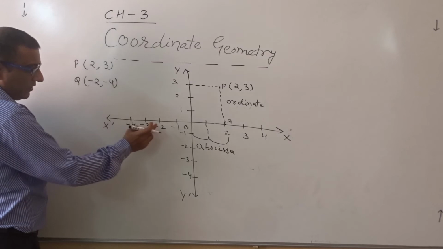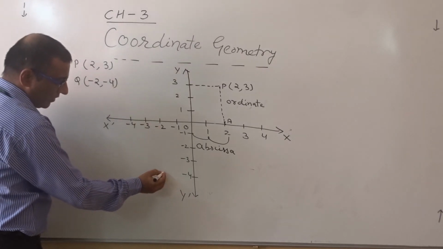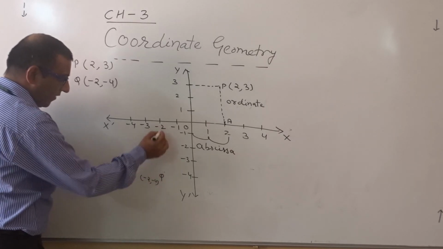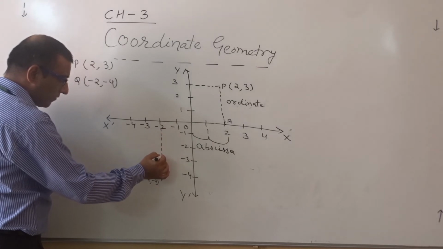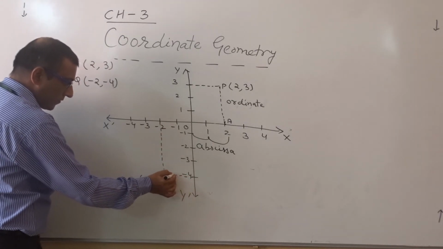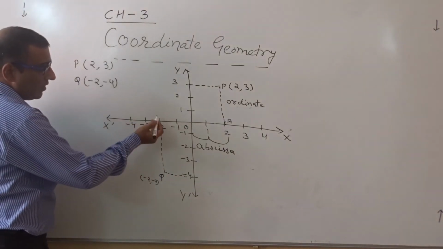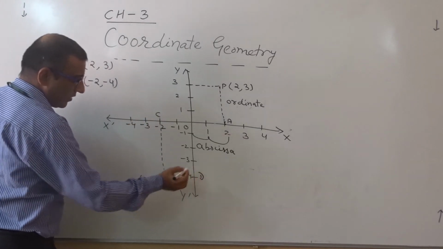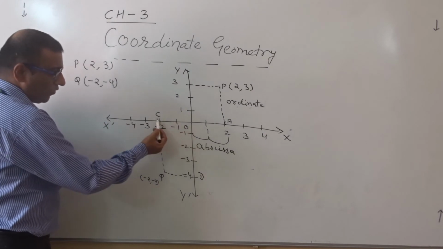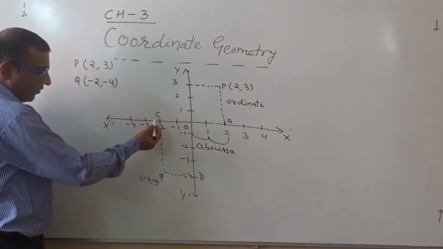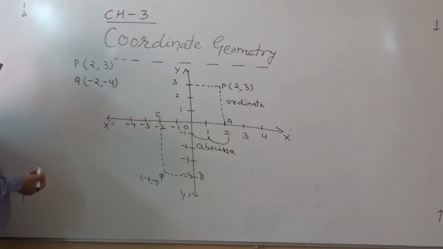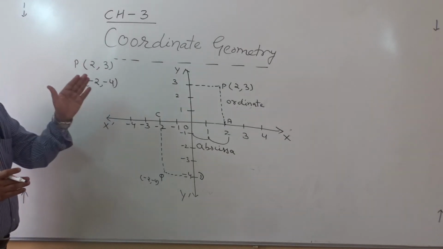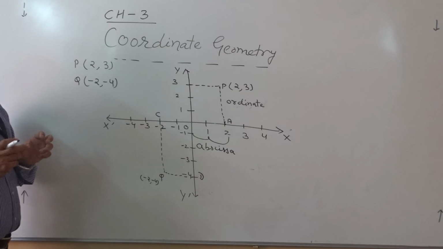So how can we denote it? This is our -2 and this is -4. So we can say this is the location of this point Q. So we will write here (-2, -4), and when we join the line, it looks like this. If we mark here, for example, C and D points, it is C, Q, and D. So we can say O to C is the abscissa, and C to Q is known as the ordinate. So this is the relation between abscissa and ordinate, and coordinate is a different thing. We can say the value of P is a coordinate or a point.